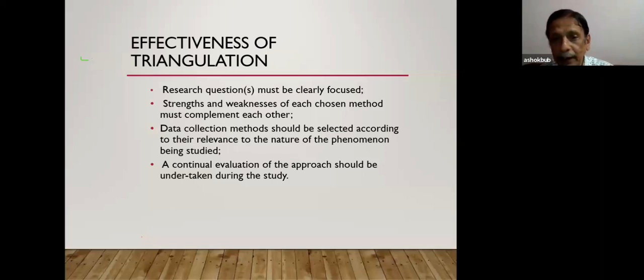So that is a limitation of a closed type questionnaire. In order to overcome that, you may have to make use of some other method. When you say multiple methods, you use an interview, you use a focus group discussion, etc. If you use only a focus group discussion, let us say you are doing qualitative research,